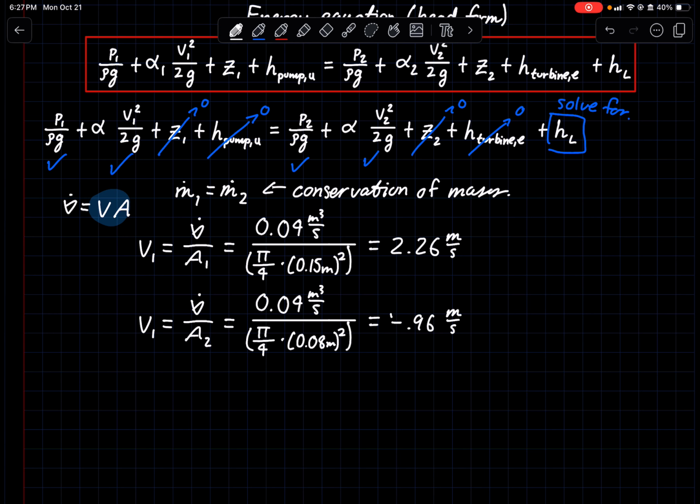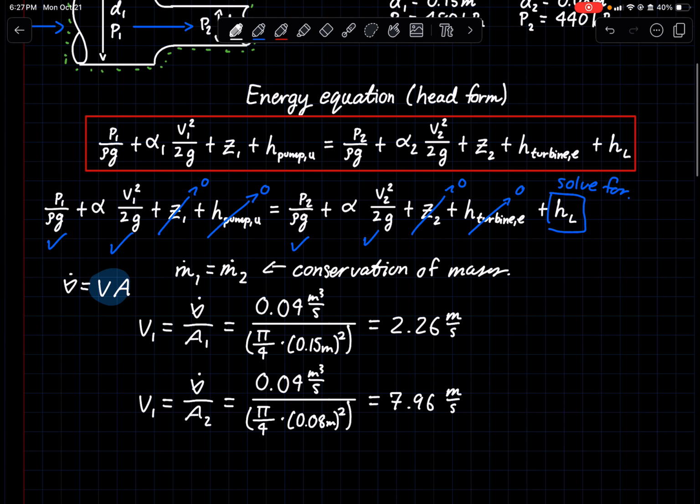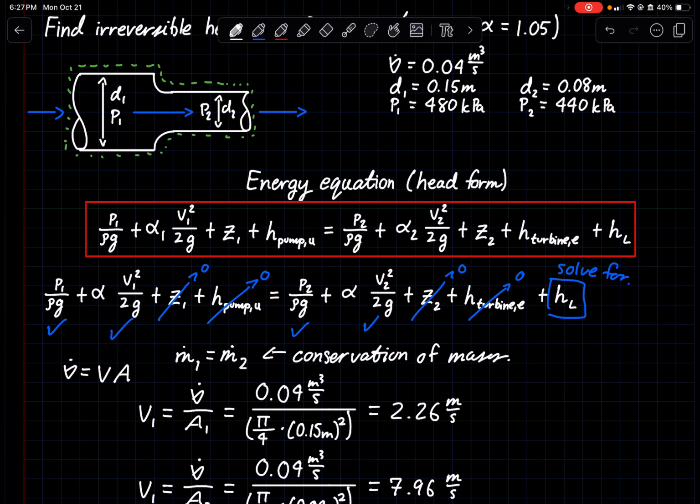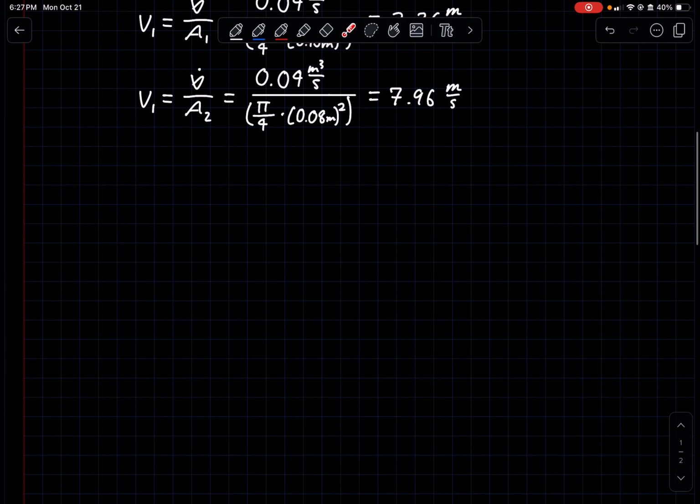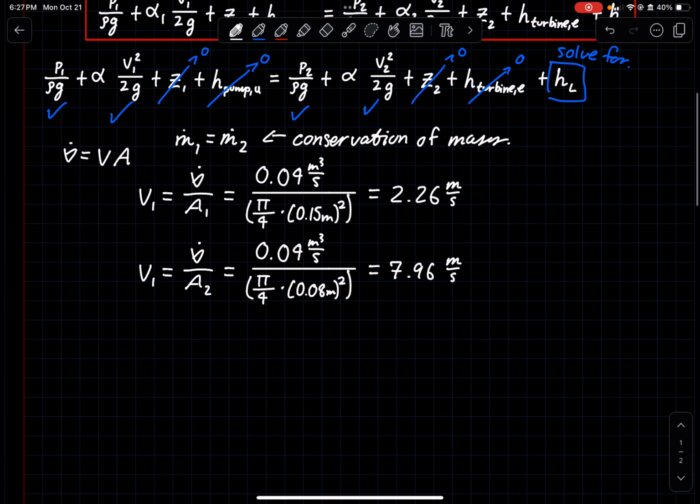7.96 meters per second. So we have our velocity set, and the last thing I do want to do before plugging everything in and solving for H sub L is changing our pressures right up here into pascals. And the reason why I want to do that is we'll have a really nice unit conversion eventually. So if we say that,